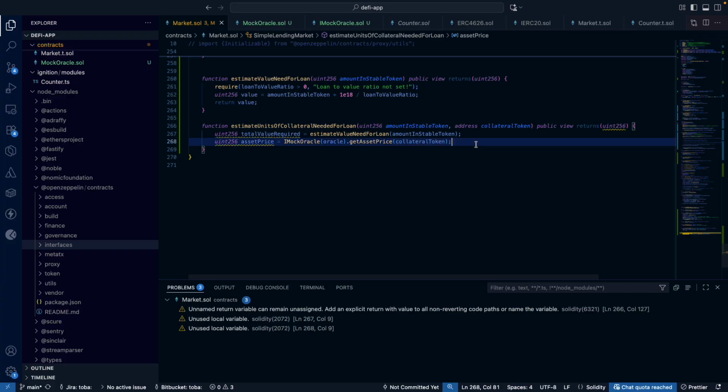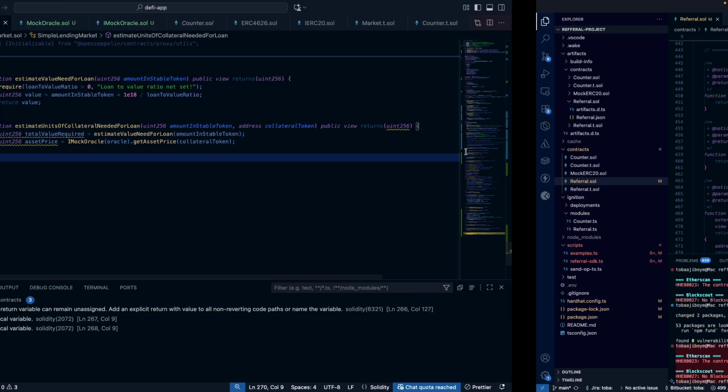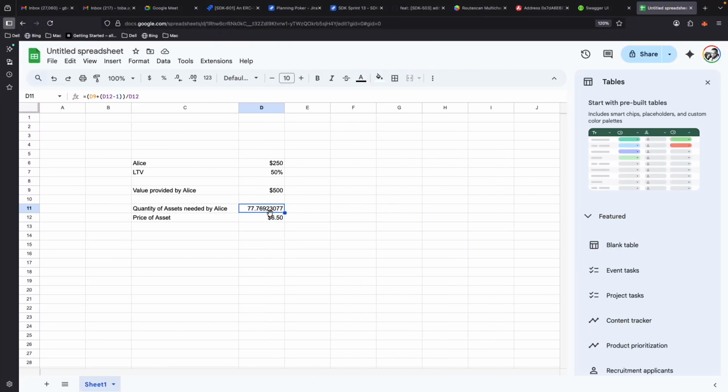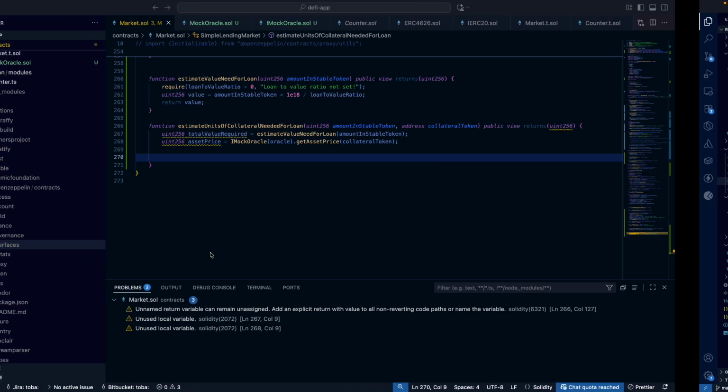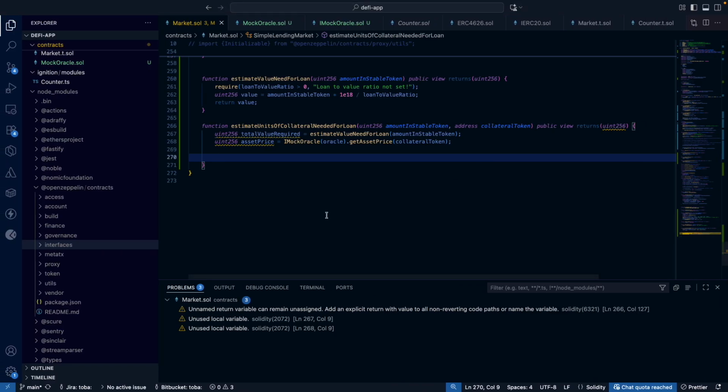Okay. Now, remember that we're going to do a division, right? But before we do a division, we need to make sure that everything is tip-top, because I already showed you that if you divide directly, you're going to be under collateralized. So we're just going to over collateralize a little bit. So we need to do this price of the assets minus 1. I mean, we're just going to implement it anyway. So we need to do something like